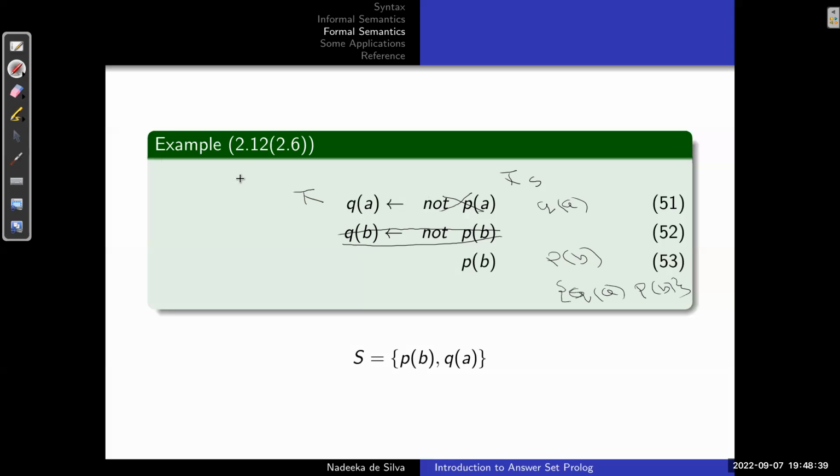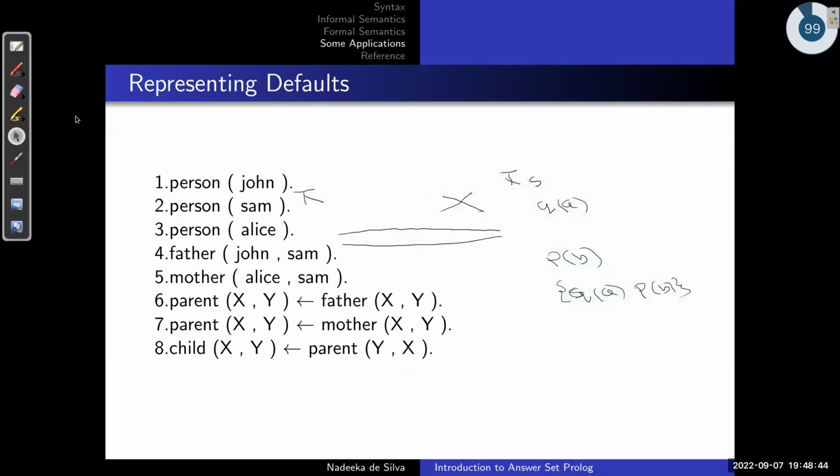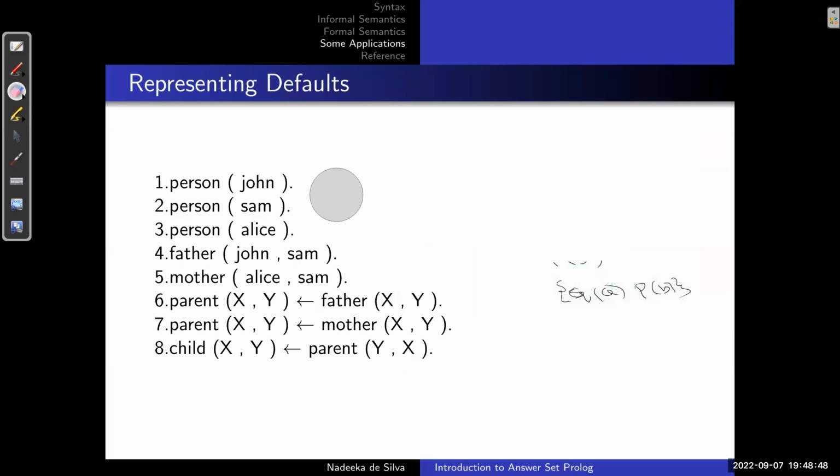Okay. Now I will describe some examples where we can use this. I will give only simple programs, and for others I will just describe what type of things we can do. So here we have this